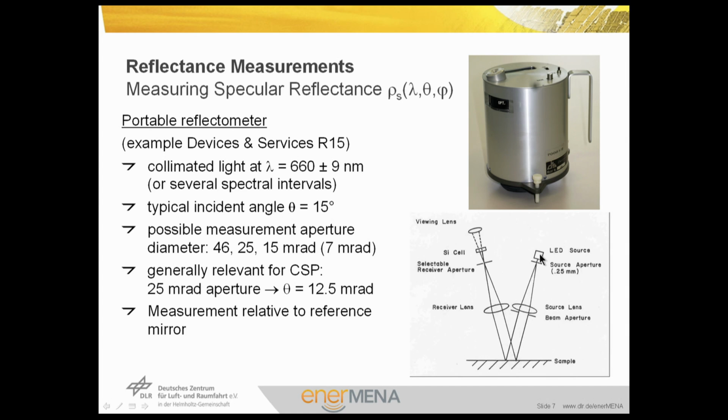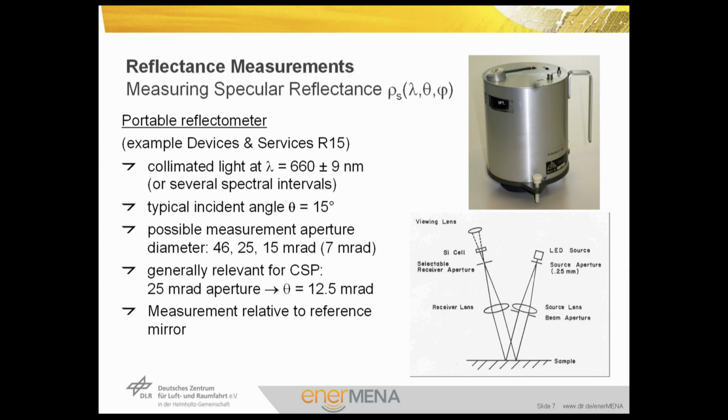It works where the light source gives a light of 660 nanometer wavelength. Parallel light hits the sample, is reflected in the specular direction, and then passes an aperture where several aperture diameters can be selected that define the acceptance angle. Typically, the incidence angle is 15 degrees. And as the aperture angle, generally, it is recommended to use 12.5 milliradians acceptance angle, at least for parabolic trough